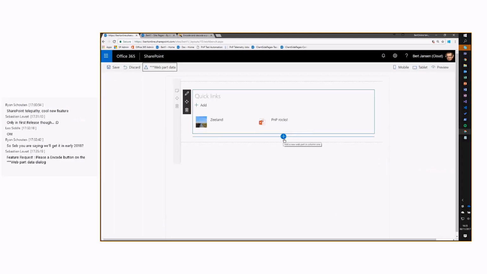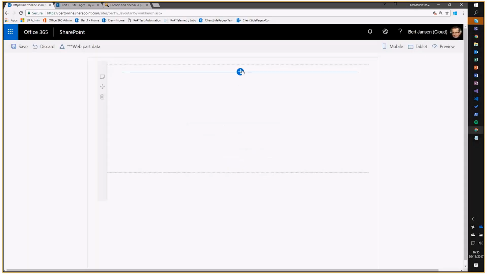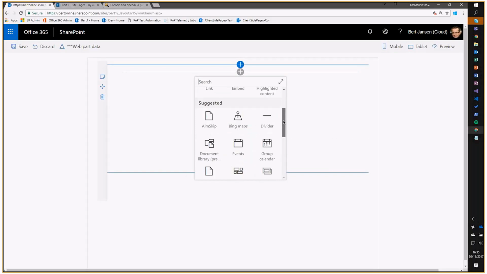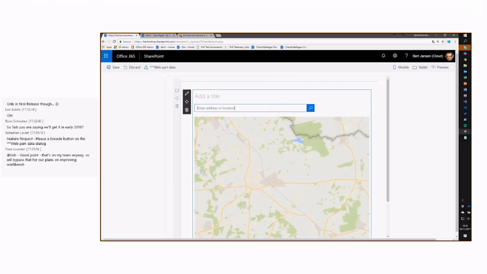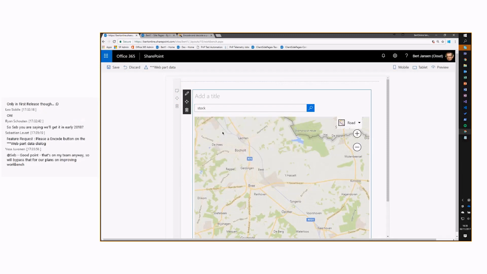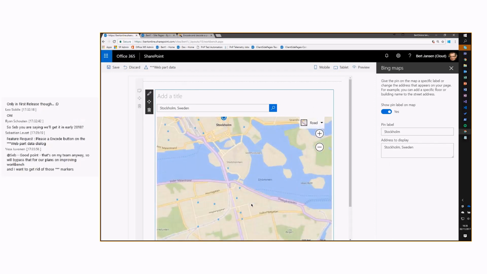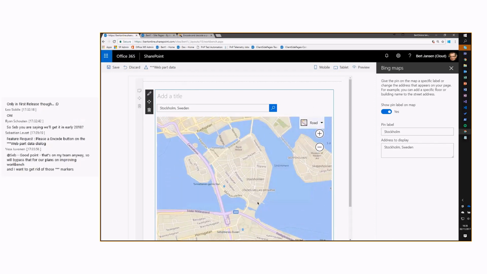That's risky in a demo, so I'm just going to take one that I want. All right. Delete. Let's take Bing Maps. Enter a location. Stockholm is a nice city, I think. Never been there, but I guess it's nice. Erwin can confirm. Let's zoom in to something in Stockholm, like this.